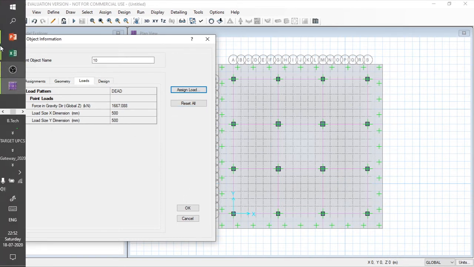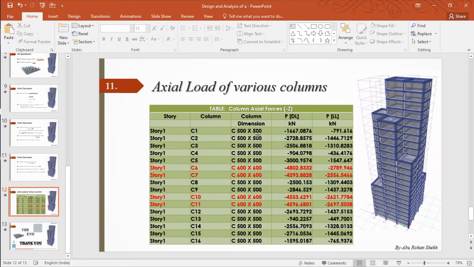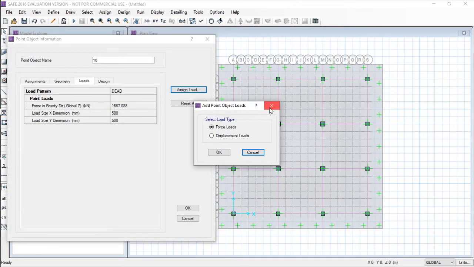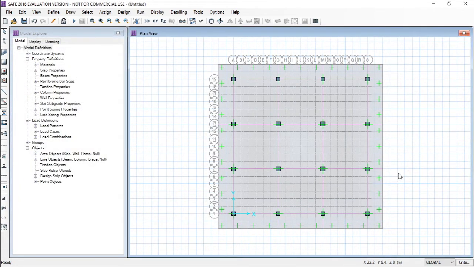And similarly we can assign the loads for the live loads from here. For the same column, the live load is also mentioned. Just copy and go to assign section. So we have to select it first, so we can also select from here, otherwise we can use the shortcut key for the previous selection, Ctrl Z. Just click Ctrl Z. The previous selection has been selected.